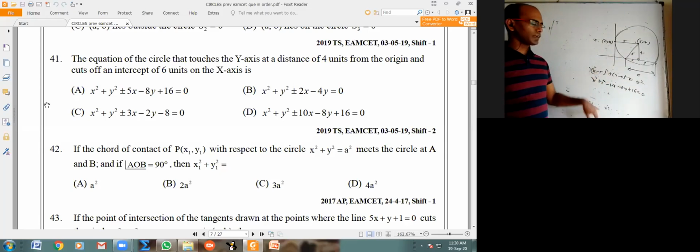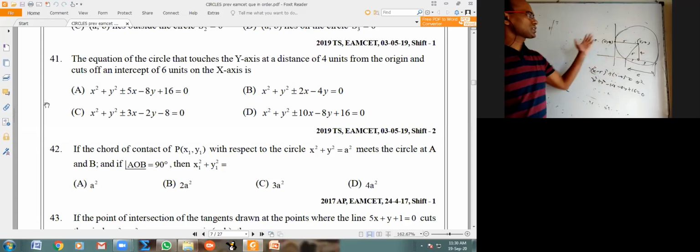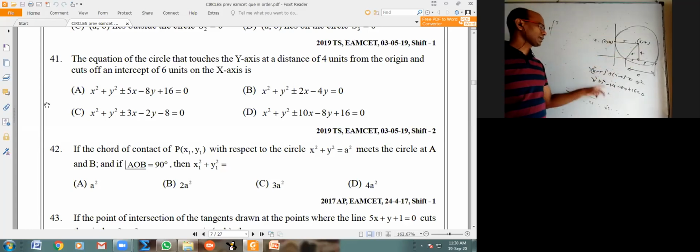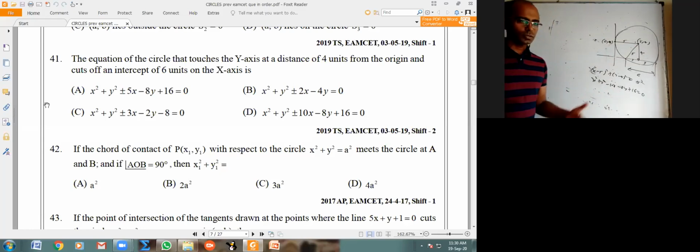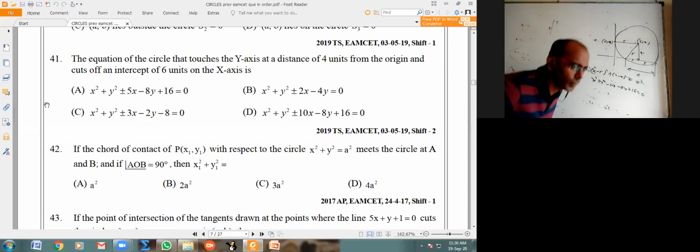How will you find the image of anything with respect to the x-axis? Replace y with minus y. If you want the image with respect to the y-axis, replace x with minus x. So replace x with minus x or y with minus y or both, and you'll get the other answers. So option D is correct, but there are 2 more options also, where plus